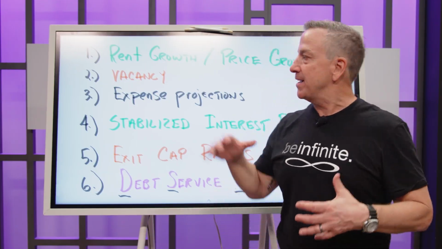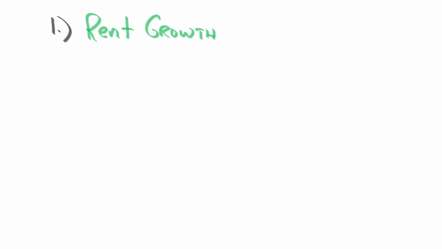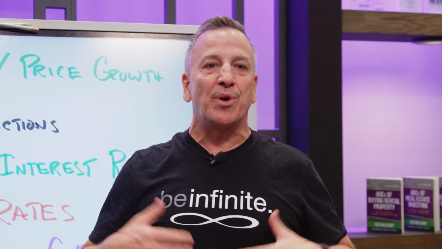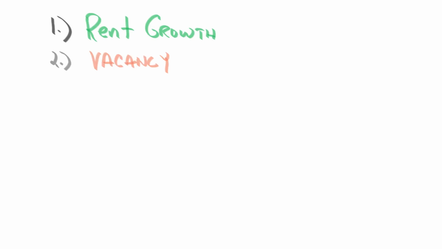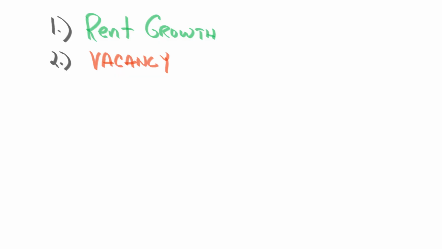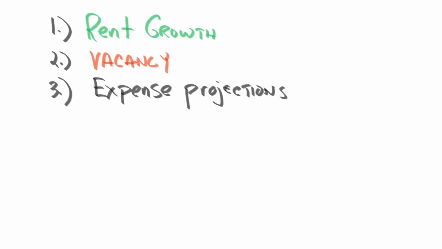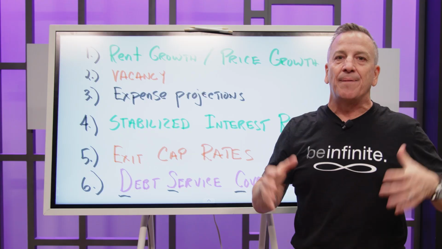So the first blind spot is rent growth or price growth. And you see this a lot where people are projecting what happened last year to next year without being realistic with other market conditions. The second blind spot is vacancy, and we see this all the time. The lower the vacancy, the more the income. You have to be realistic on the vacancy factor, specifically with turnover vacancy. The third blind spot, of course, is expense projection, and we're seeing property taxes go up, insurance go up, labor go up, supplies go up. All these things are going up, so if you're not budgeting this correctly, your numbers are going to be off.